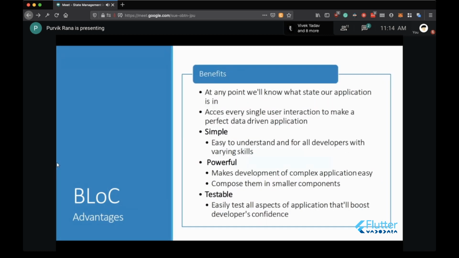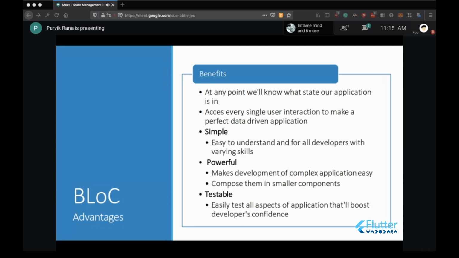Talking about the advantages of Bloc, at any point you can know what state your application is in. Whenever the user starts our application, it should have some state, meaning some data to present to the user.